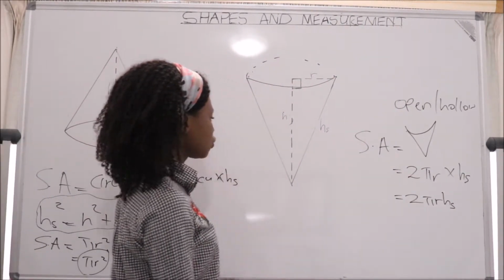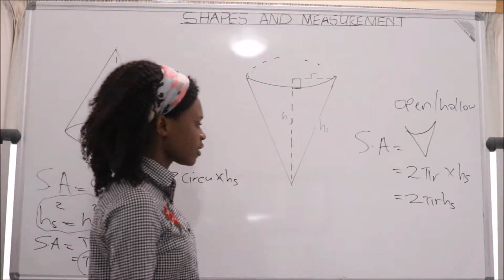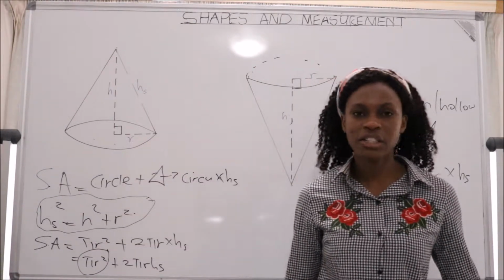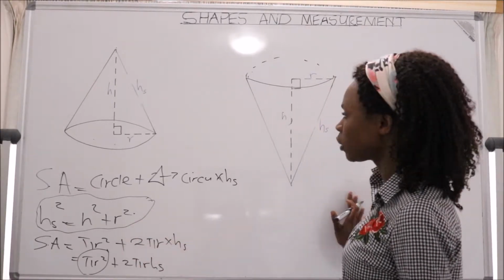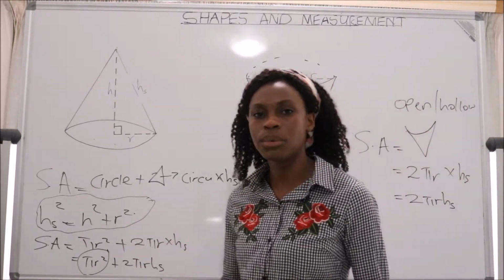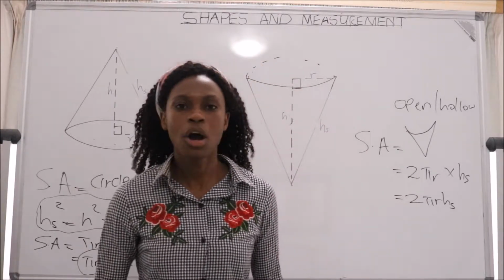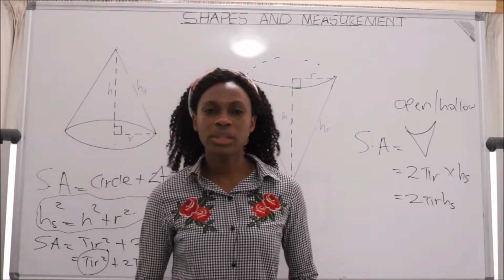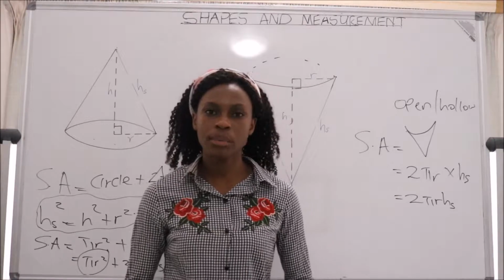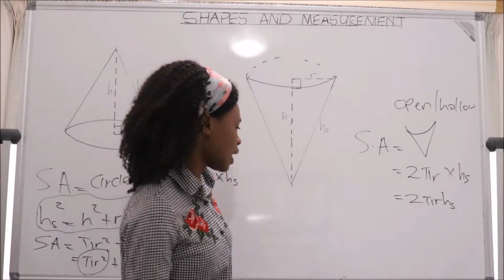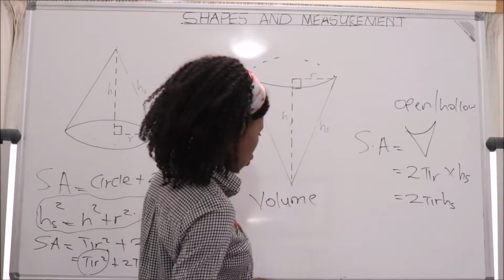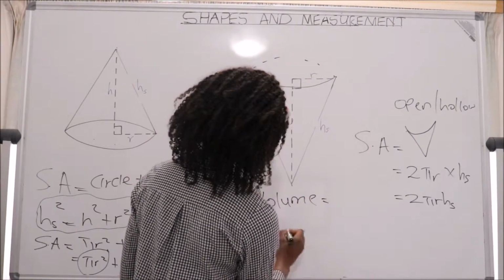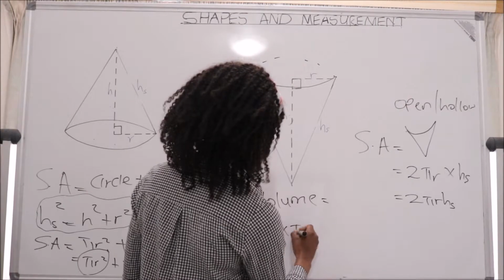Then after showing you the surface area of a closed cone and also of an open cone, we now have to calculate the equation for the volume of a cone. The volume of the cone doesn't change whether it's open or closed, it remains the same. So the volume for both shapes, whether they are open or closed, is equal to 1/3 multiplied by